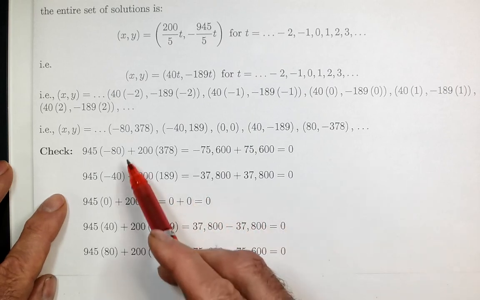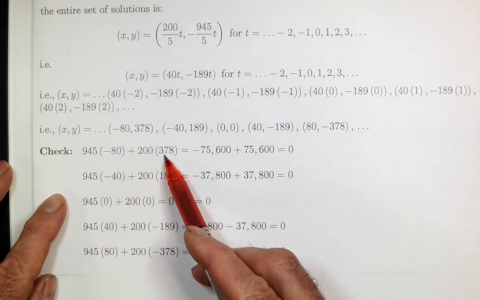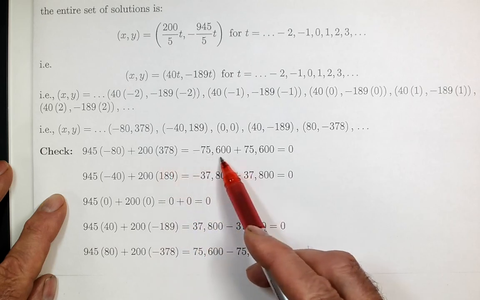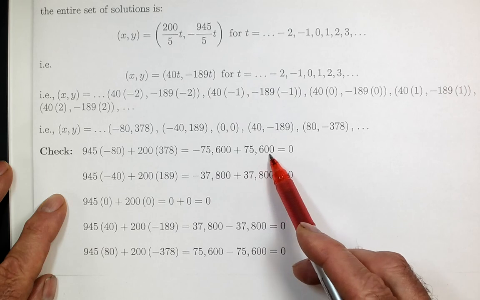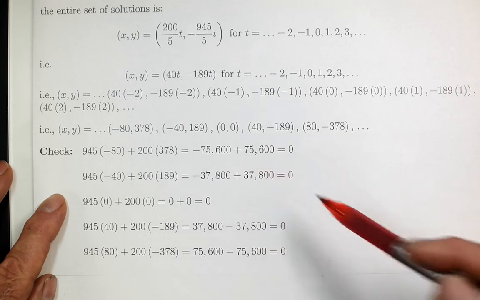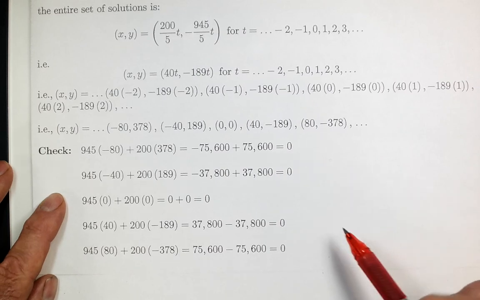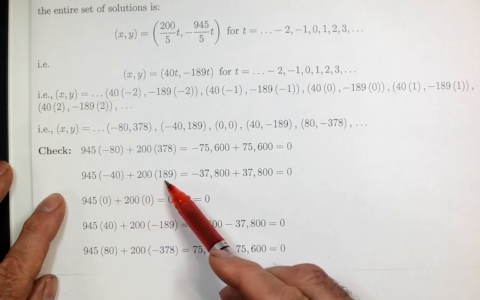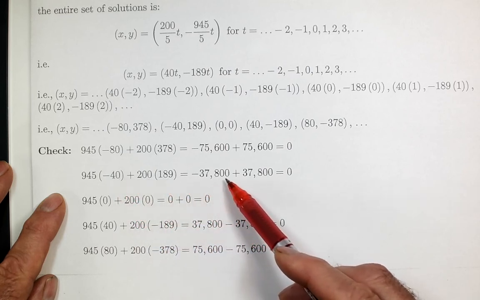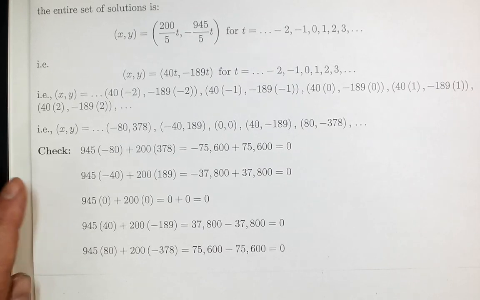If we plug in this ordered pair for x and y, we get negative 75,600 plus 75,600 gives us 0, which is what we're supposed to get. Similarly, if we plug in the other solutions, and I encourage you to do this, we're going to get negative 37,800 plus 37,800. If you would, just verify